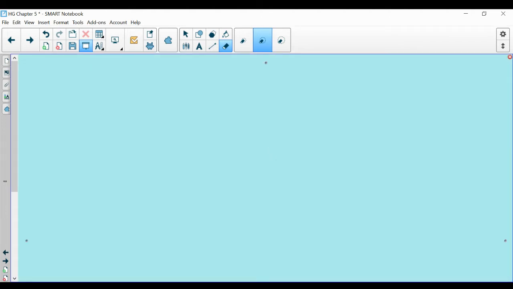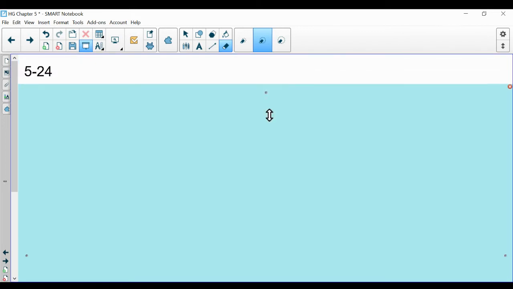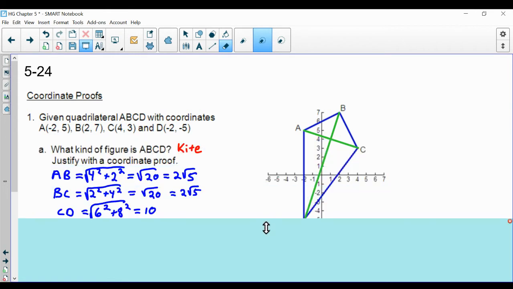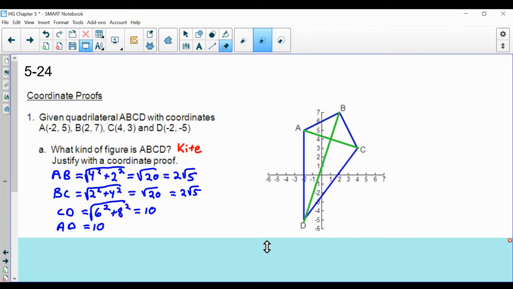We will hopefully plot these. Okay, and when you plot them, I'm going to show you guys the answer, so pretend you don't see them. So if you plot them and you plot it nice, you see it looks like a kite. Okay, but we can't assume that. So we have to show that